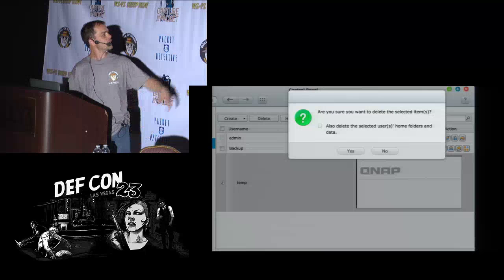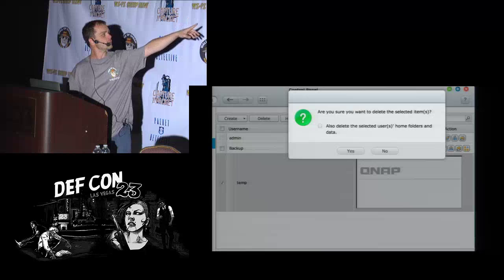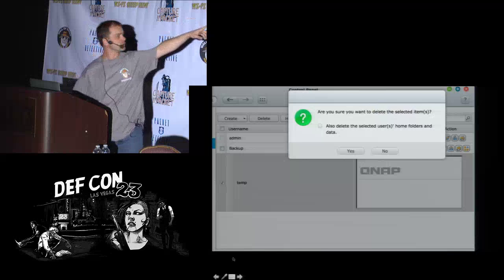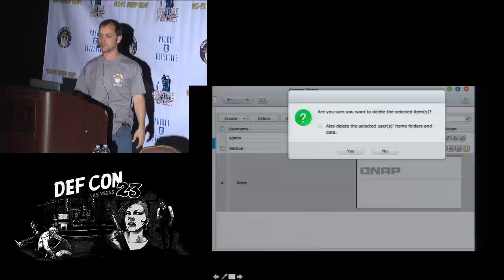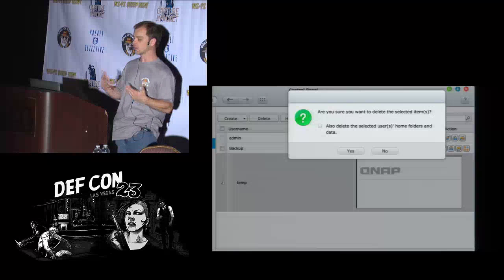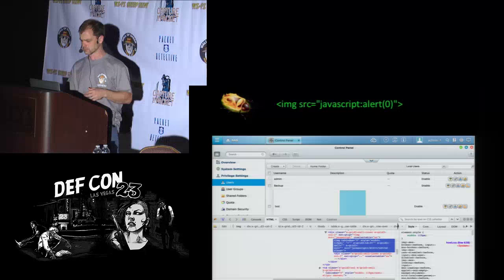So I added a temporary user, and I was able to play with them, and still, as long as a temporary user in this NAS is able to select it and at least delete them. So then I was able to play around with the blacklist to find out what's going on.